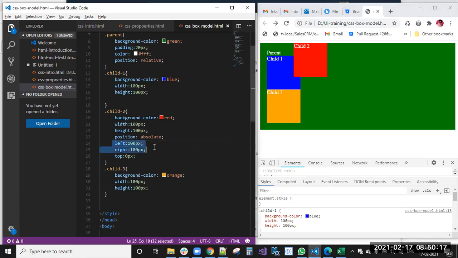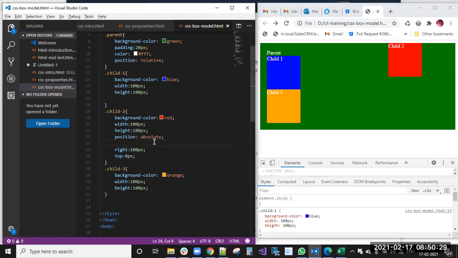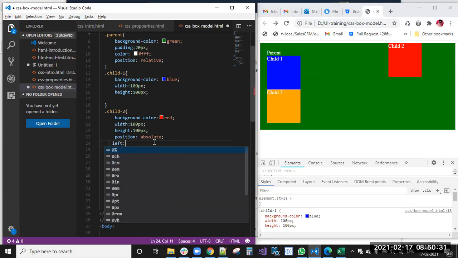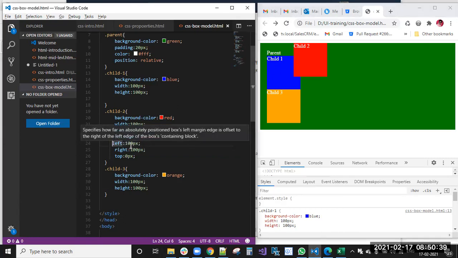If you have not written left 100 pixels, then right 100 pixels will be followed. If you are writing left 100 pixels, it will follow the left 100 pixels. Either left or right 100 pixels, either one it will follow.